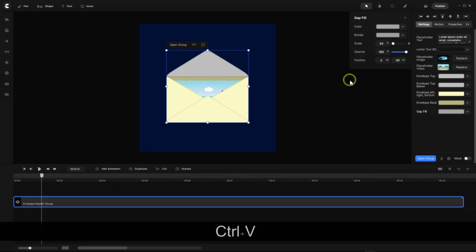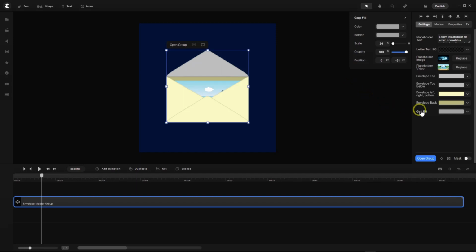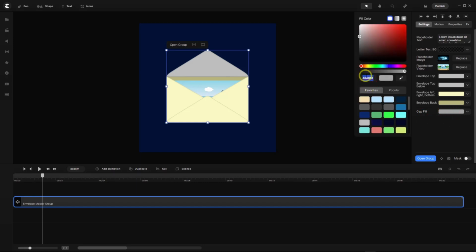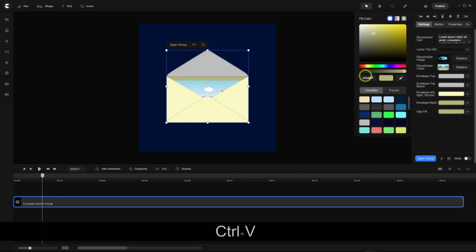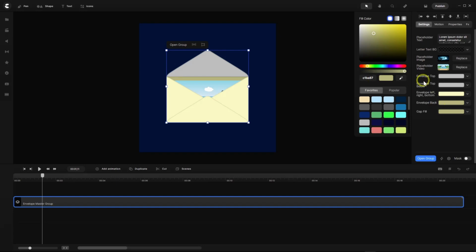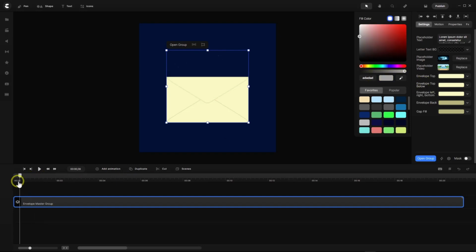Control V. Is it right now? No. Gap fill. Control V. I have now this, and also for now envelope top, you see here is the